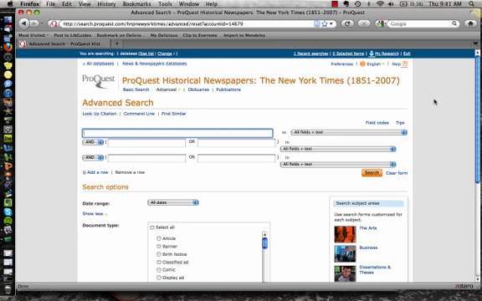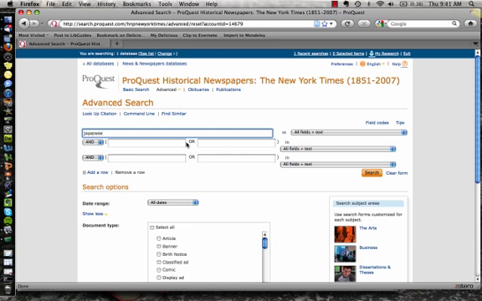This is a slightly more complex search because it happens over a span of time, it's topical, and one of the challenges when searching this database is selecting the proper vocabulary to use. I may have to run several searches to find exactly what I want, and I may need to adjust my vocabulary and think like someone writing at the time that the article was published. I'm going to search for